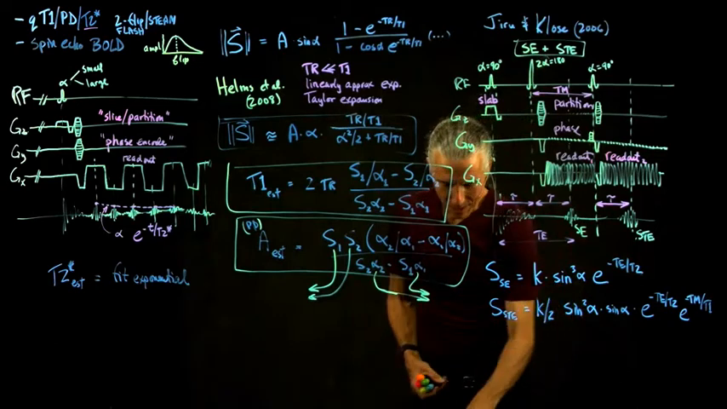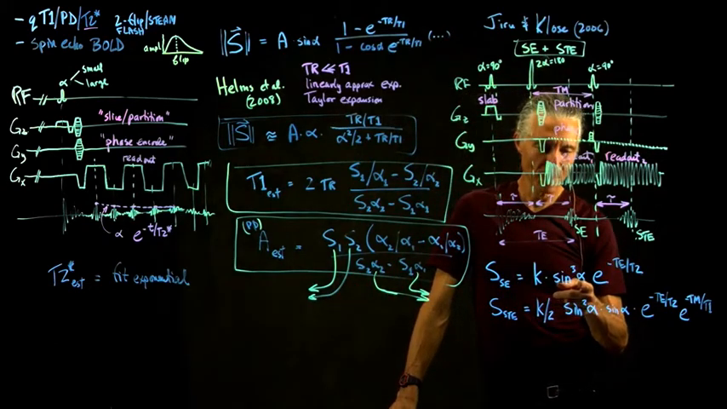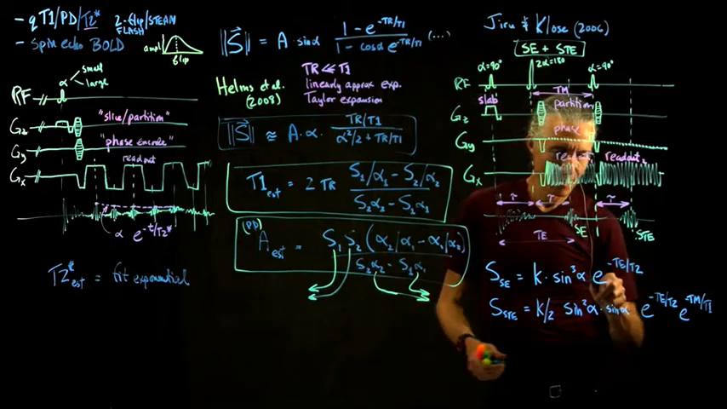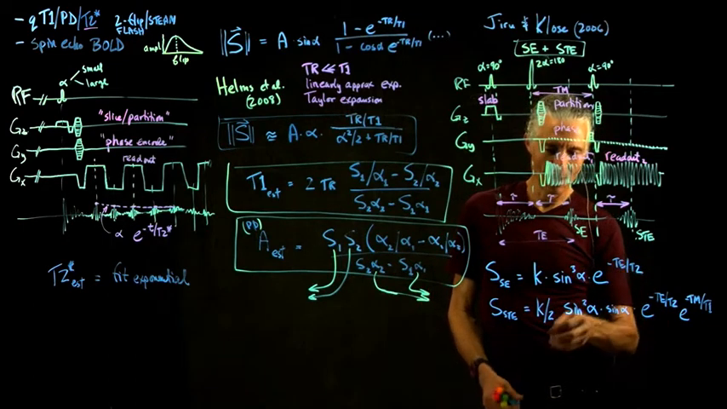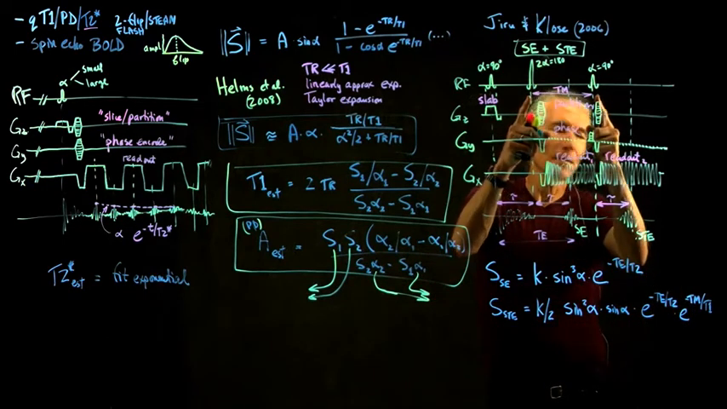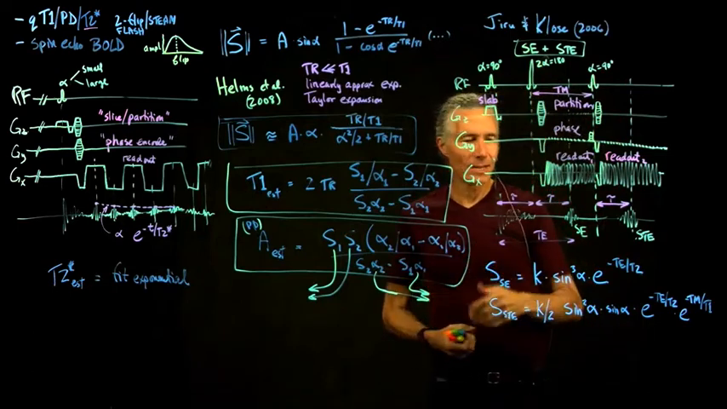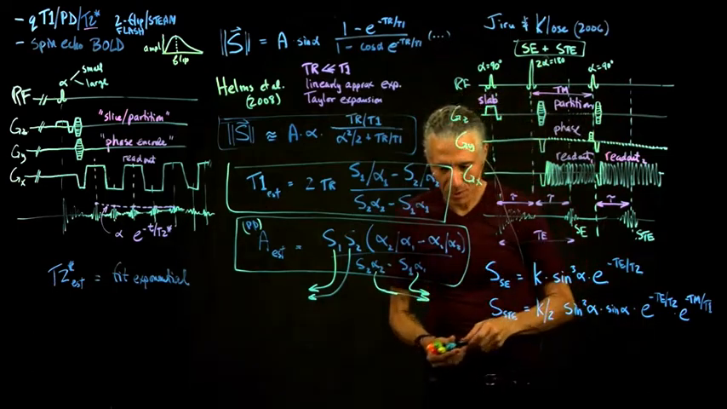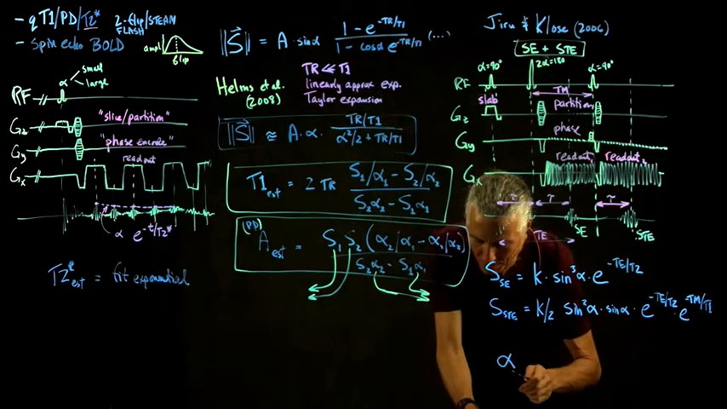I've straightened everything out. So sine cubed alpha times e to the minus TE over T2. This one's basically sine cubed alpha times e to the minus TE over T2 times e to the minus TM over T1, because that's the stimulated echo time. So now we've got those two equations. We can solve for